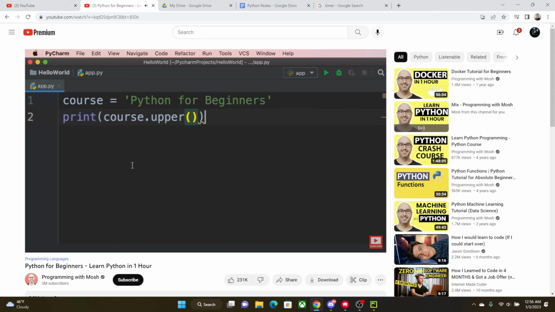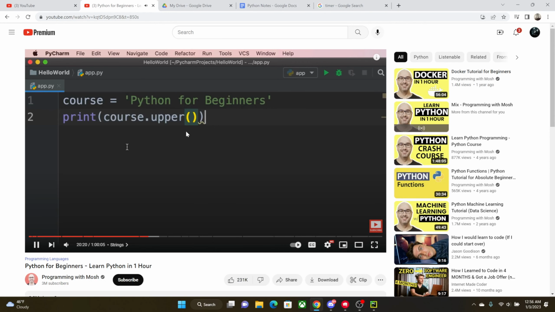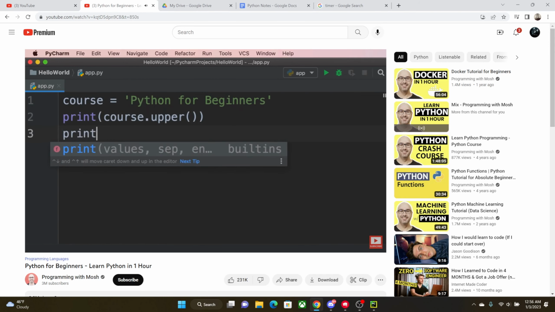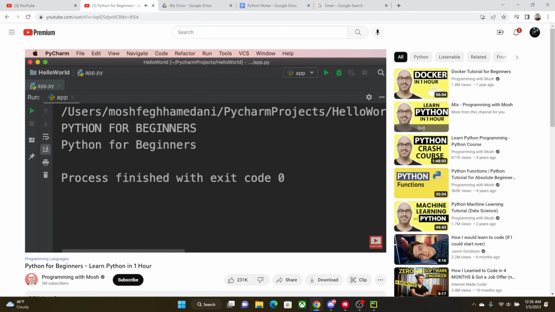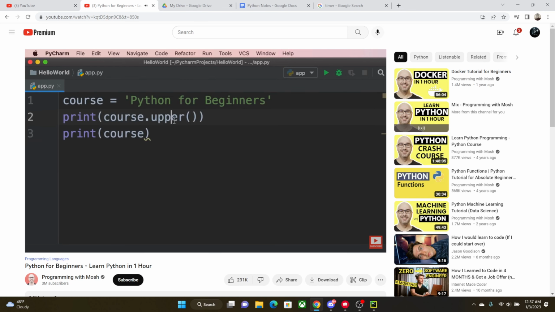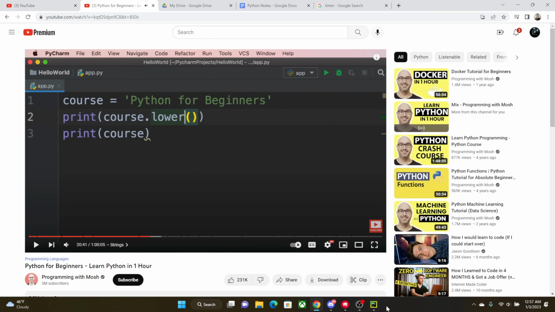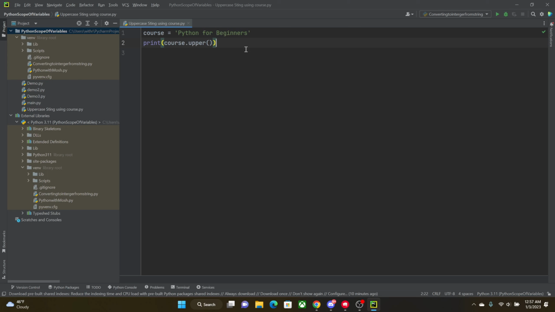What you need to understand here is that this upper method does not change our original string. It will return a new string. So right after this, if we print course, you can see that our course variable is not affected. So the upper method returns a new string. Now, similarly, we have another method called lower for converting a string to lowercase. We'll just add print